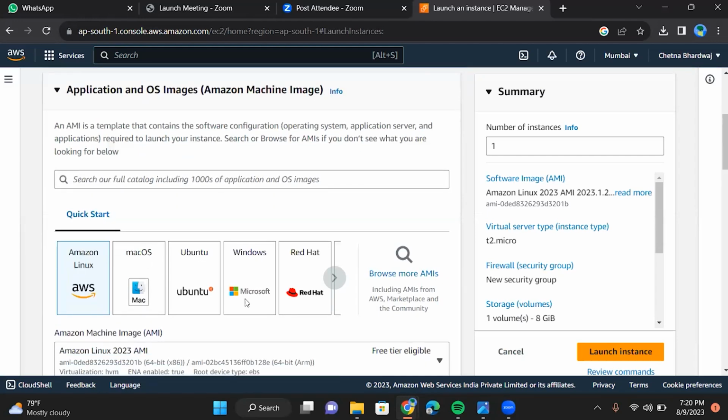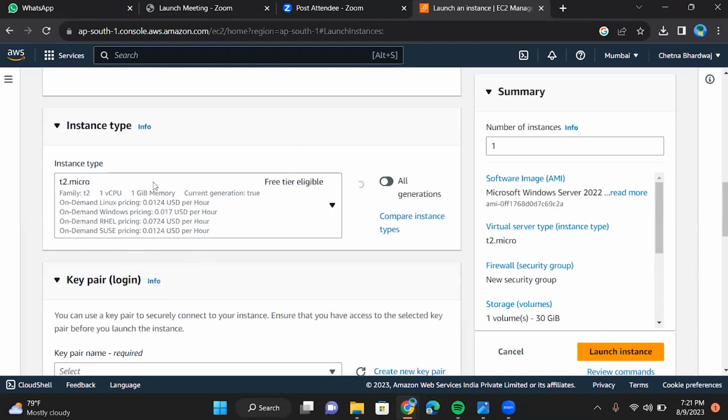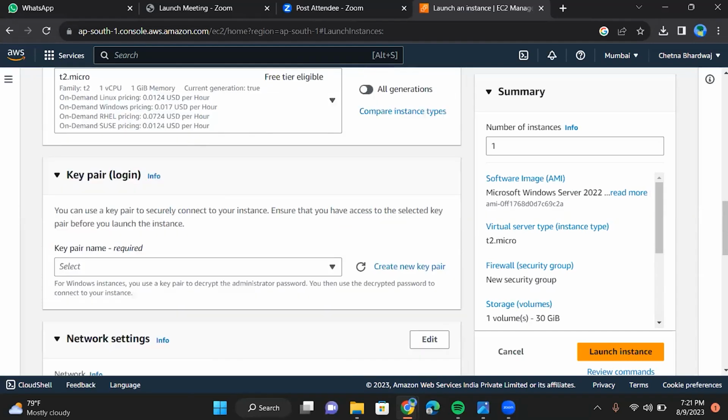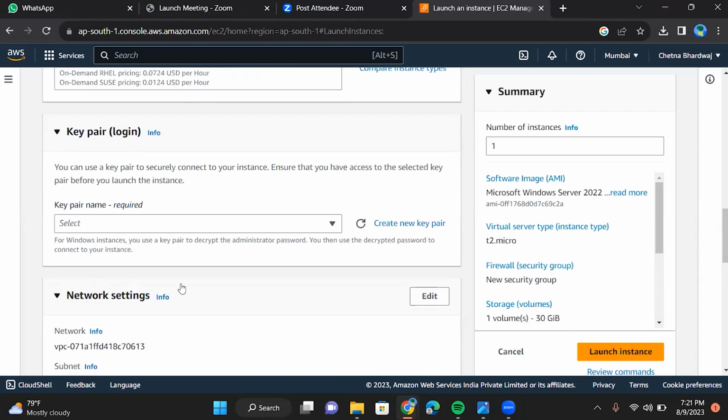We have selected Windows OS, and then our instance type is T2 micro. Now key pair, it is another